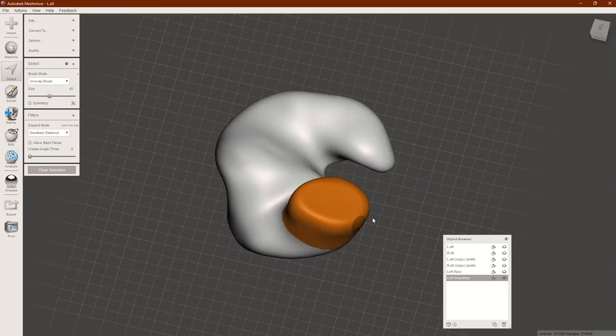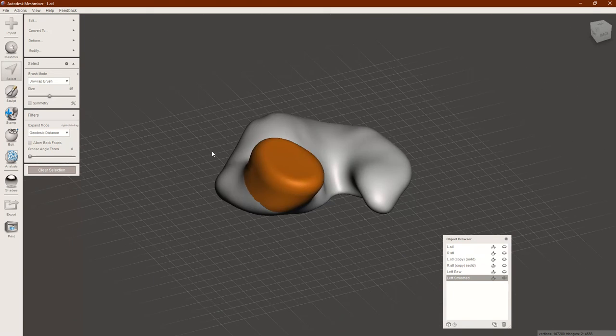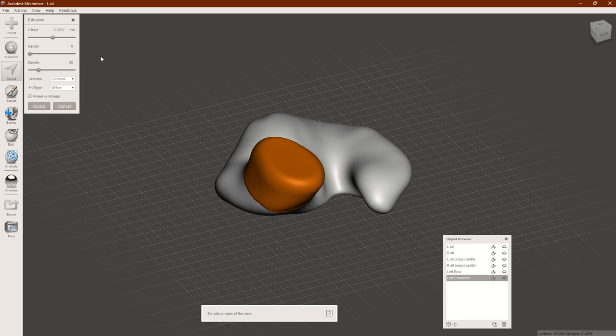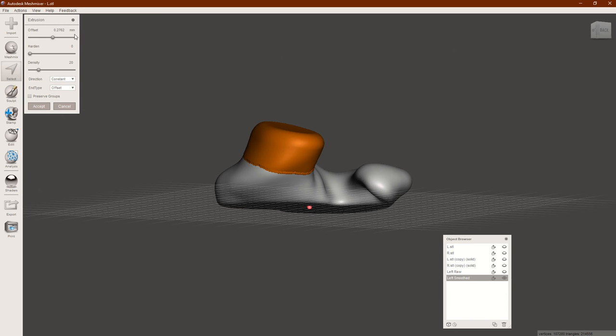Making sure I got it all. Looks good to me. Okay, now I'm going to hit edit again, and instead of extracting it away from the model, I'm going to actually extrude it out on the same model. So if I hit extrude, you can see, I'm going to just for a minute show you